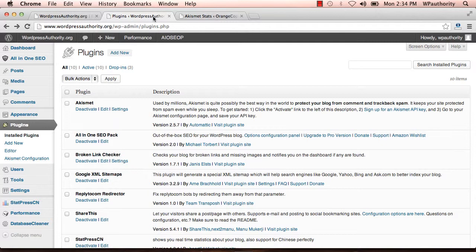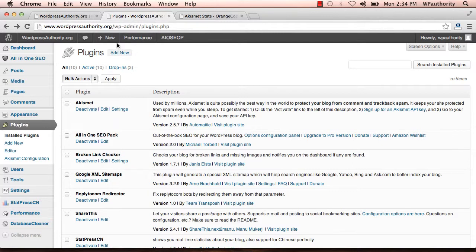The next plugin we will learn about is All-in-One SEO Pack. It is a very popular and the most commonly used search engine optimization plugin for WordPress, and it's a must-have plugin for your blog. How All-in-One SEO Pack works is, once installed, it gives you the option of adding a title, a description, and tags that are useful for search engine optimization for each post.